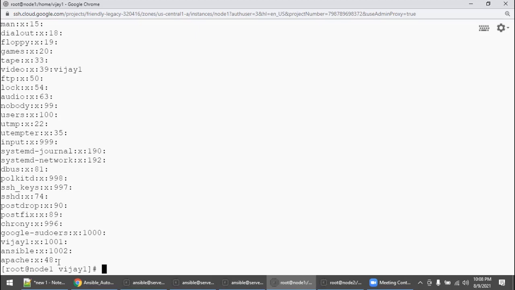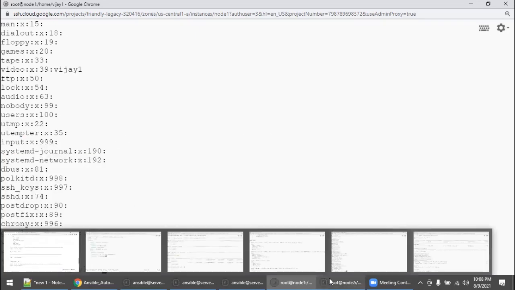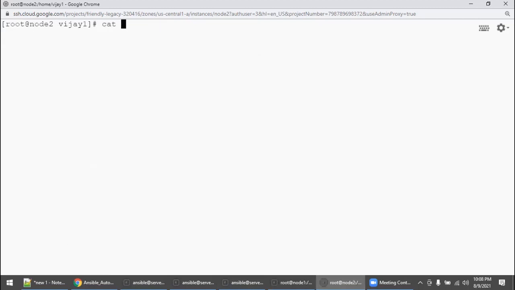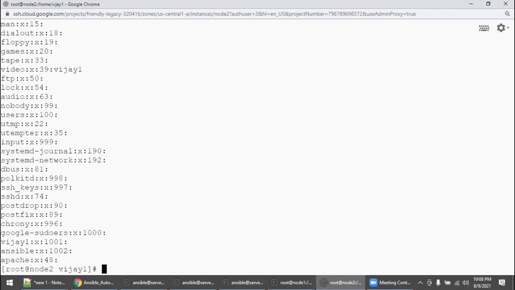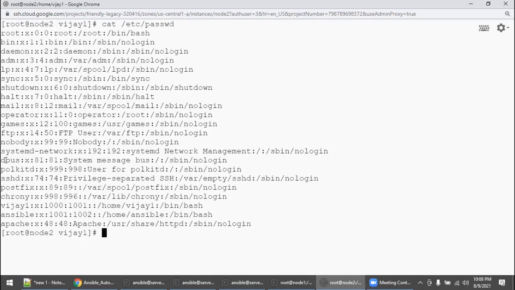See, there is no group called cloudandloud, right? The same is applicable for node 2 also. Let's check it. Group: there is no cloudandloud group. cat /etc/passwd: there is no user called cnladmin, right?